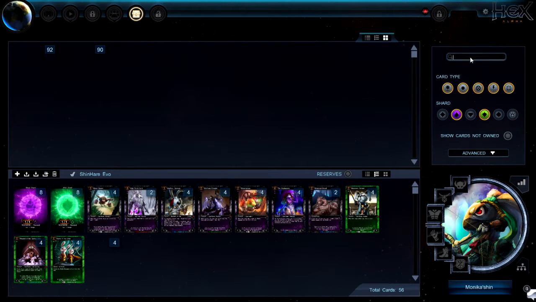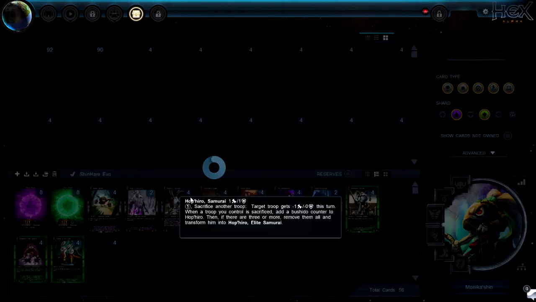So now we're at 50. We're at 56. We need 4 cards. Without the shards, right? Yes. Okay. Well, I'm thinking our 2 big choices are either...